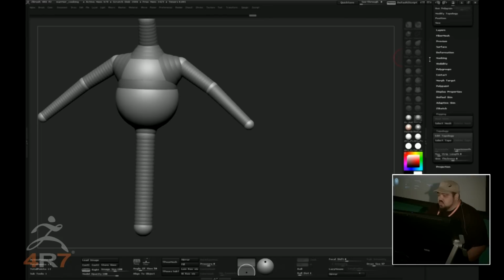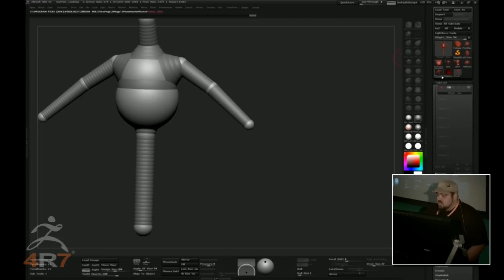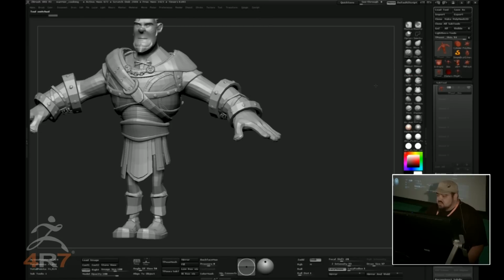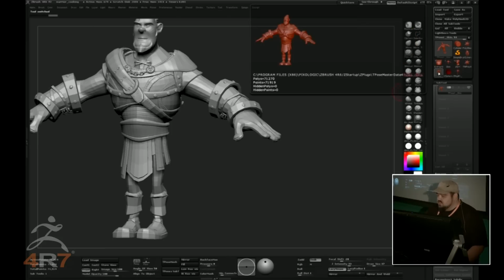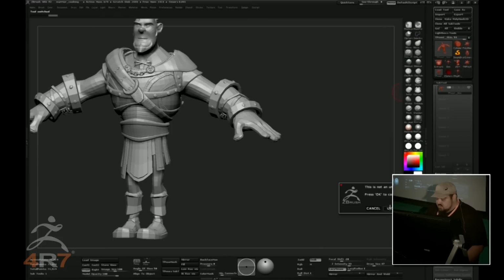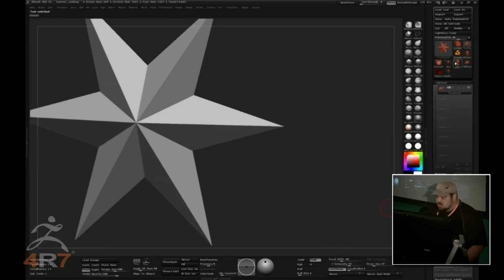And I can do something pretty cool. So I'm going to go back over here, right? So this is the T-pose mesh that I got when I ran Transpose Master. And I'm going to use this Z-sphere on that. So actually, in fact, let's go ahead and delete that. And let's go back to,